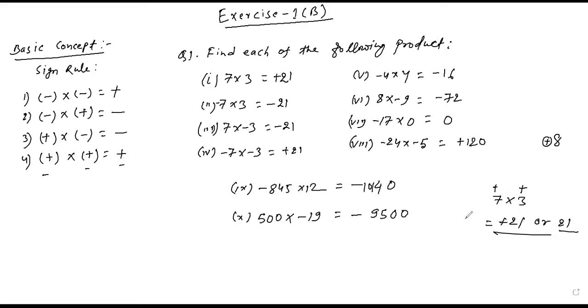But since we are learning the integer chapter, and integers mean positive or negative integers, to differentiate we usually write it. But if you do not write it, that's also fine. Yes. First, we have to see the signs, and whichever sign comes, negative or positive, we write that, and then we multiply. First, you have to multiply the signs, then we have to multiply the numbers. Okay.